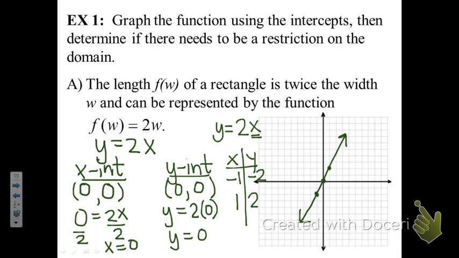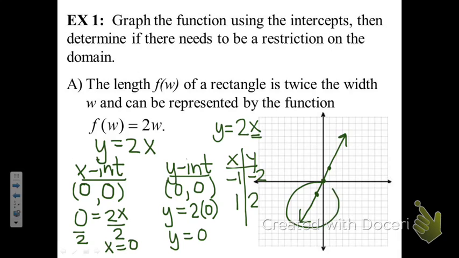Once I have this line, I'm going to go back to the original equation and see what it says. It says that the length f of w of a rectangle is twice the width w and can be represented by the function f of w equals 2w. So really what we're talking about is how a width of a rectangle compares to the length of a rectangle. On our graph,